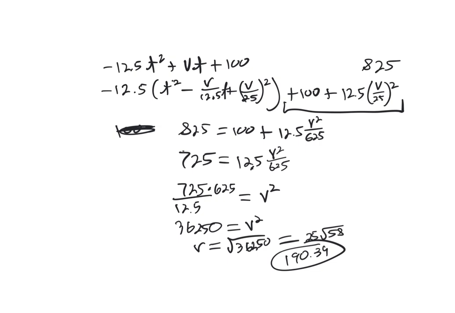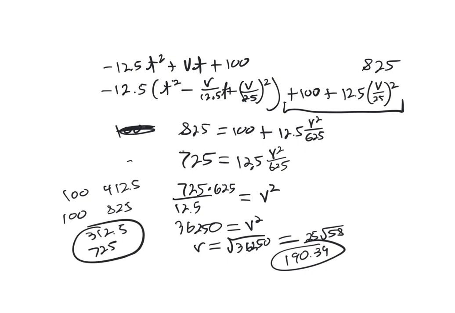The other thing that you could have done is figure out how much it rose from its original height. Originally it went from 100 up to 412.5, and now we want to see what it takes to get from 100 to 825. So the first one would be 312.5, the second one would be 725. If you then divide 725 by 312.5, whatever value you get, you take the square root of that and multiply it by your original velocity of 125, and you'll get